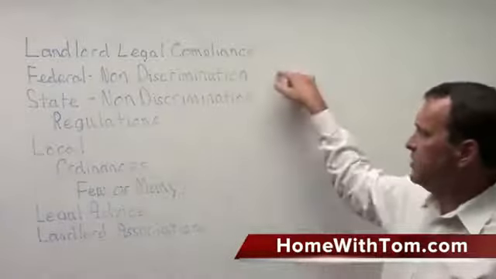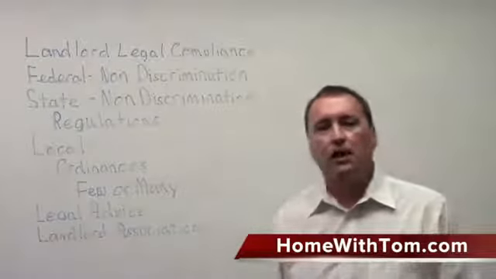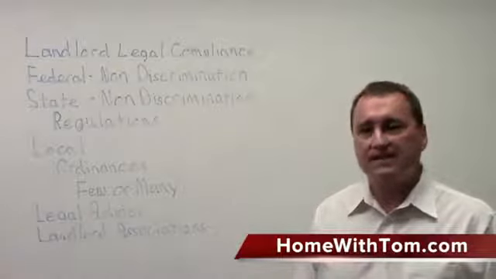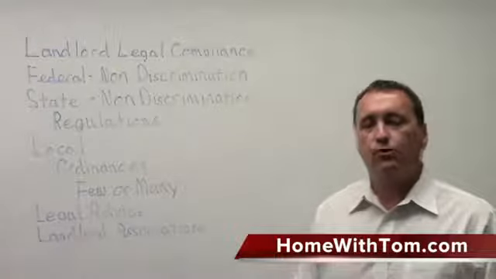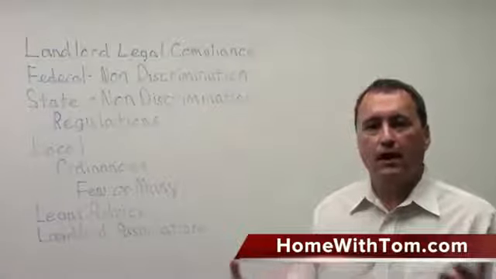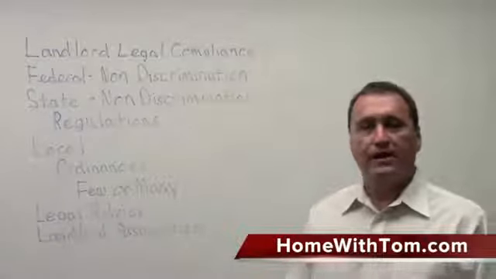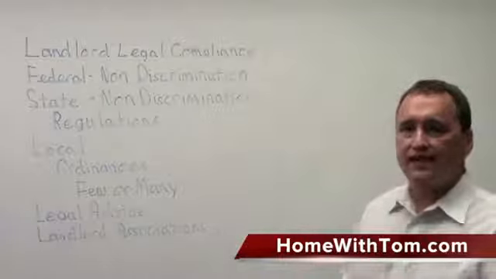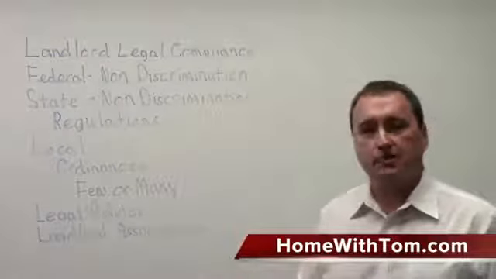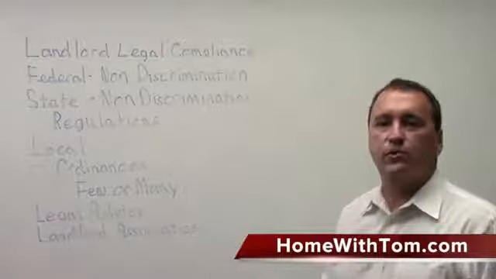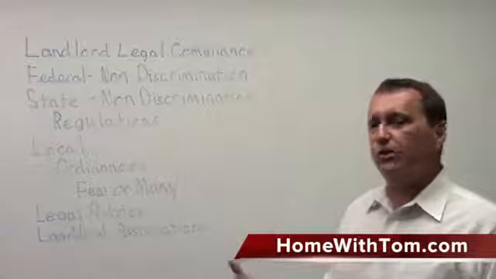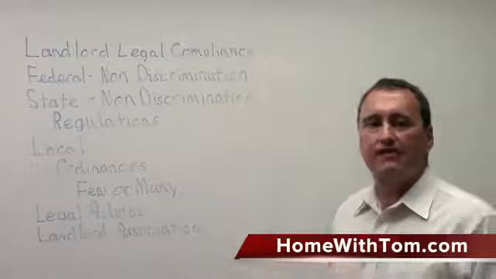Now, some of the other things you have to be concerned with on a federal level are things like lead-based paint, carbon monoxide detectors, smoke detectors. There are rules and regulations in place that you have to follow under the building codes in order to be compliant. You can find additional regulations under the state regarding things like lead-based paint. Some states require landlords to remove it. Other states, like Wisconsin, simply require that you provide disclosure to your tenants and make sure that it's encapsulated.